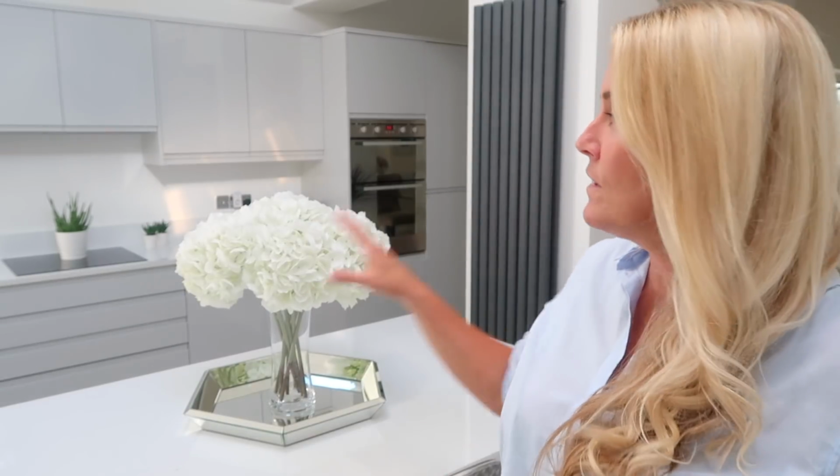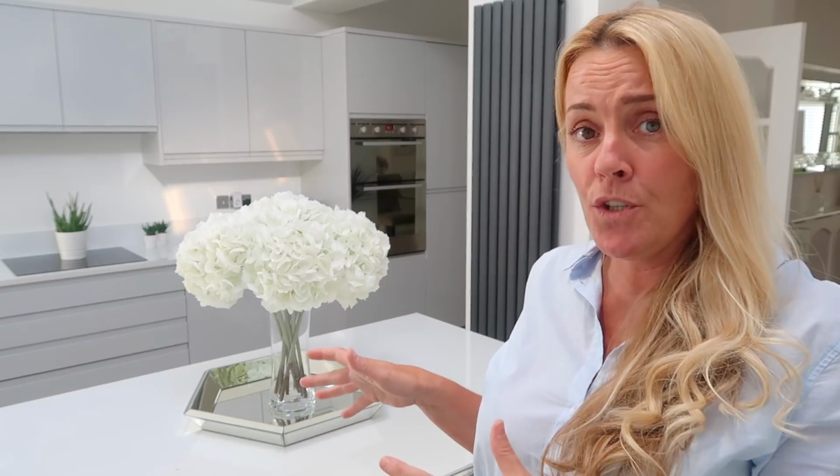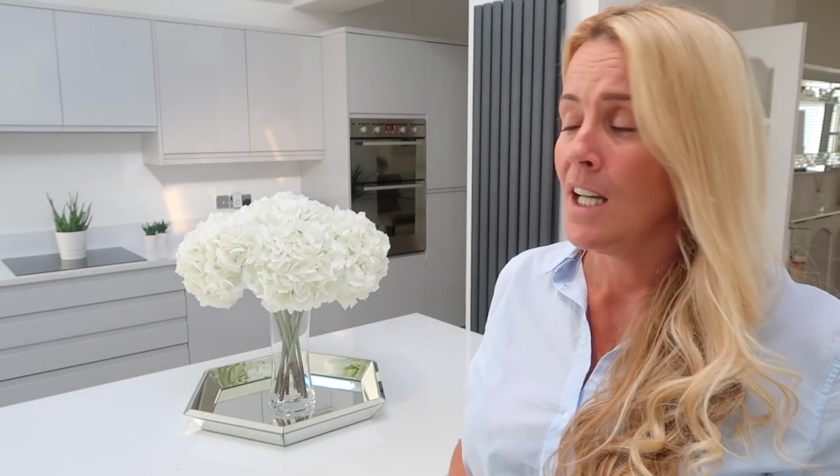Everything, the whole of the kitchen design, the layout, the plans, I'd done myself. I went around 5 different kitchen companies until I felt comfortable and confident in the kitchen company that I used to know that they were going to give me exactly what I wanted. I am very fussy, I'm not going to lie. Starting with my kitchen, I won't take this off there, I'll just leave it and pan you around a little bit,